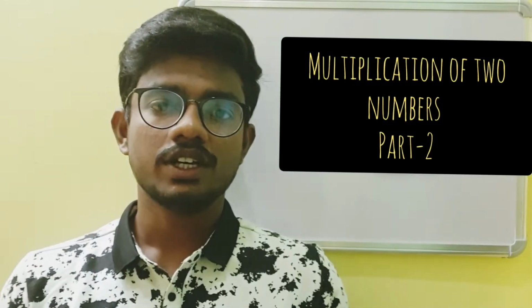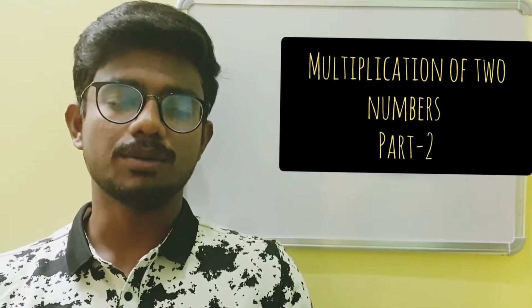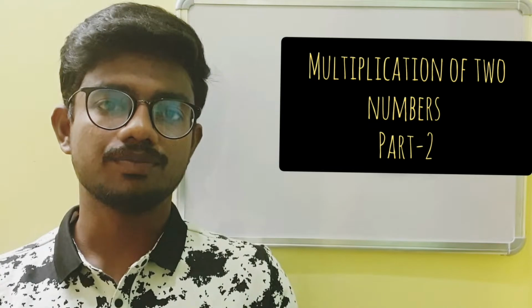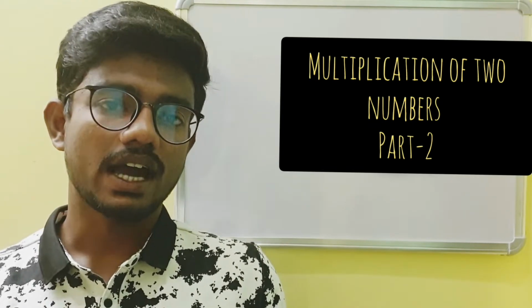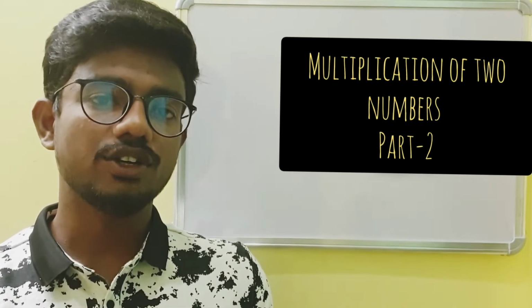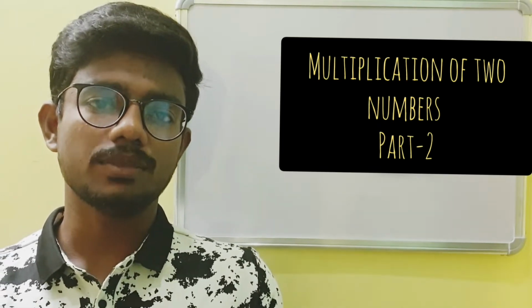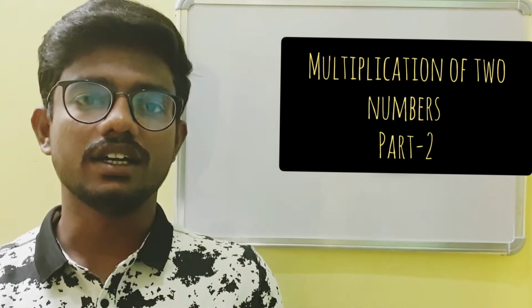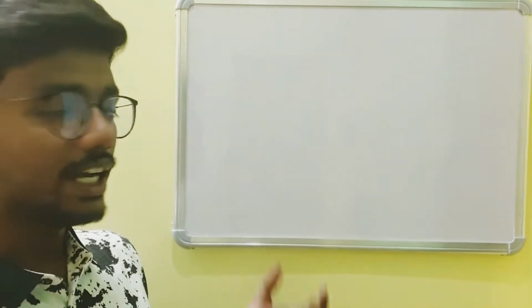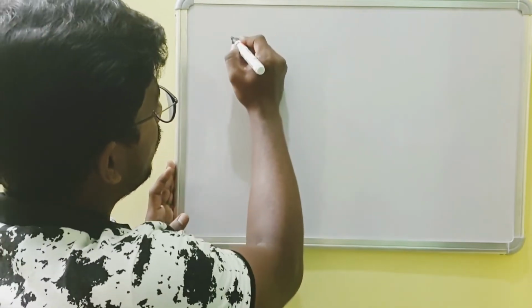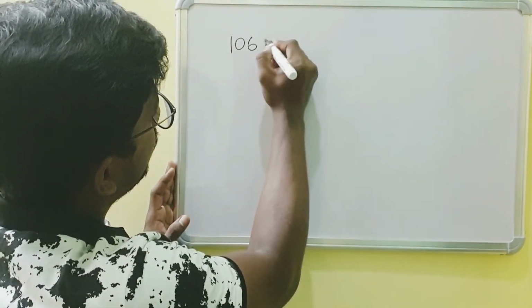Hi friends, in my previous video I discussed the multiplication of two numbers which are nearer to 100 and lesser than 100, and their multiples. In this video I am going to discuss numbers which are greater than 100 and nearer to 100, and their multiples. Here I am taking the example 106 into